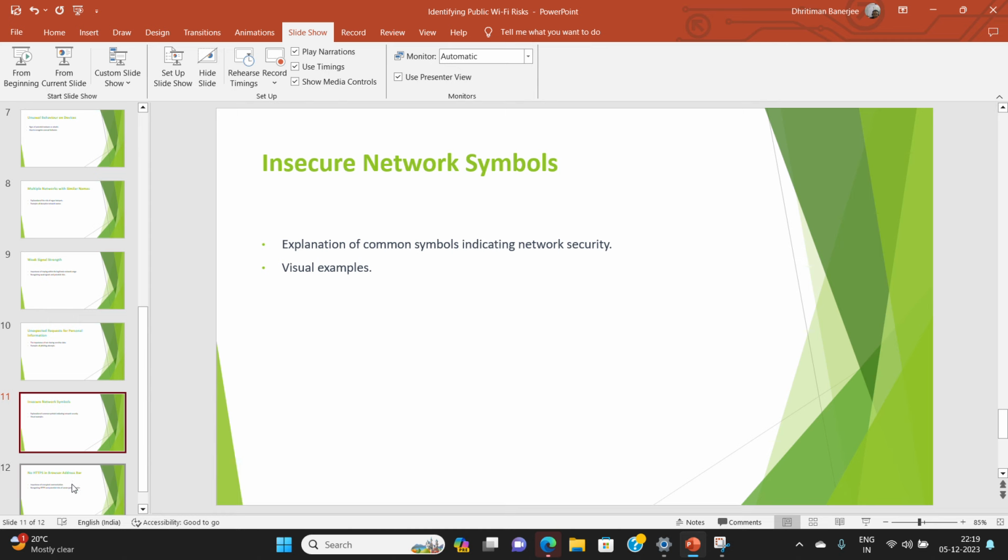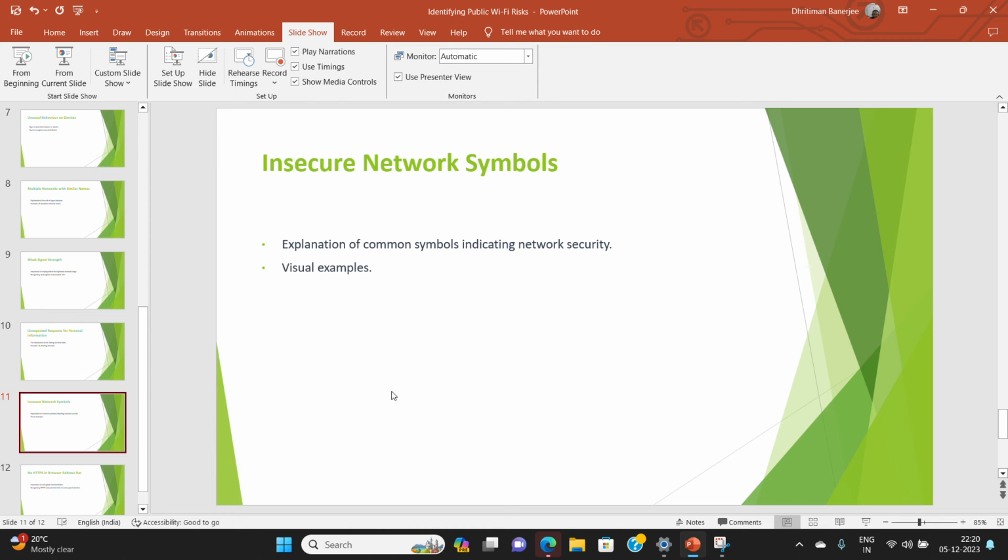Insecure network symbols are also a sign. Some devices or operating systems use an exclamation mark or warning symbol next to the Wi-Fi icon to indicate that the network is unsecured, but it depends on the OS and may vary.